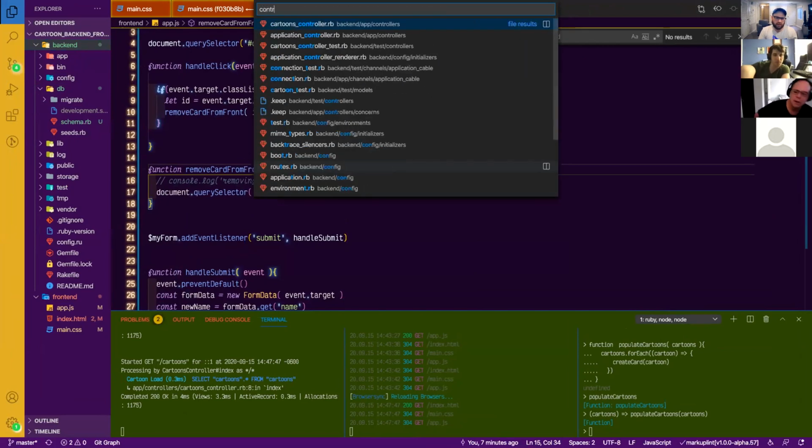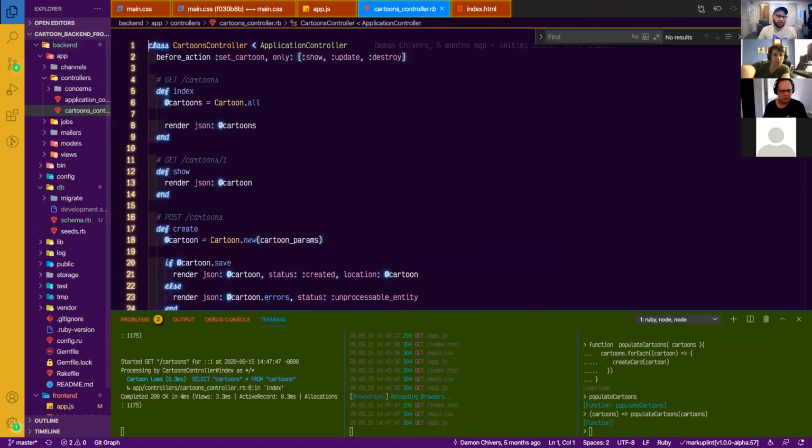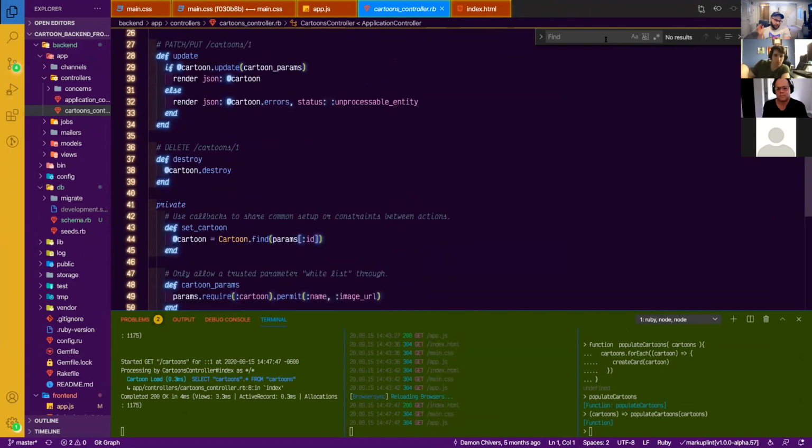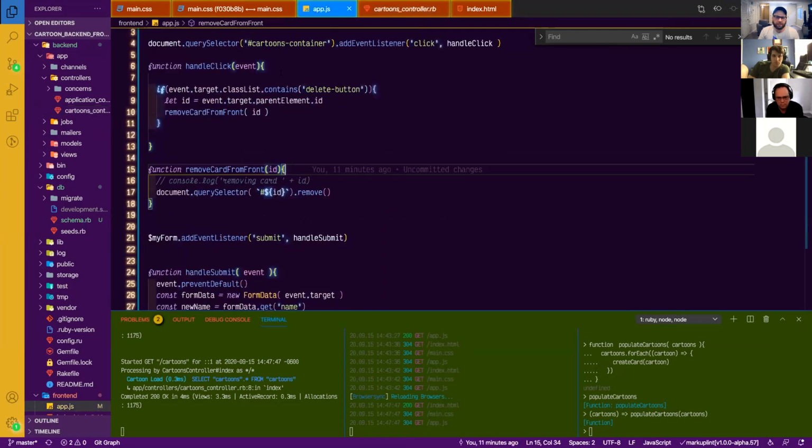Let's see. Cartoons controller. Index, show, create, update, destroy. Yeah, we got destroy functions. I don't know that you need a body in it, because I think you're doing it all with query params like that. I'll let you try it. It shouldn't be much different doing a delete now than before. The only difference is you have to make a post request, but